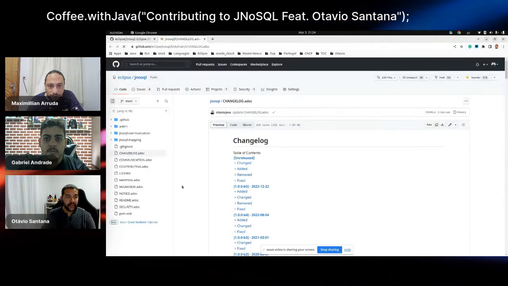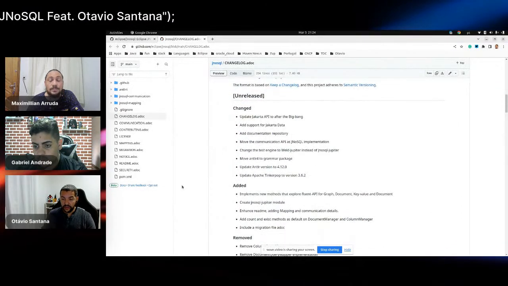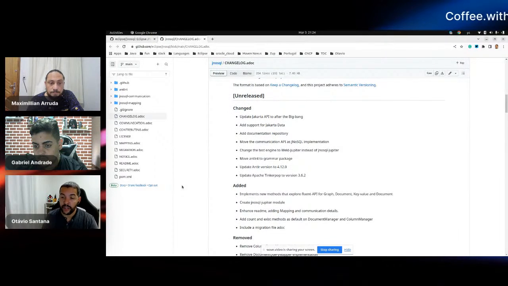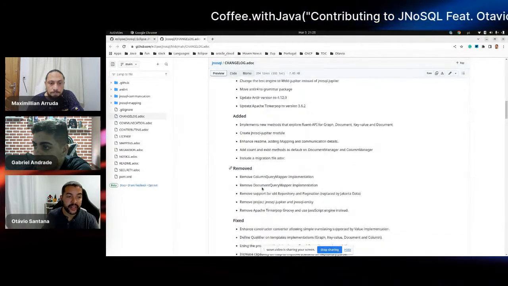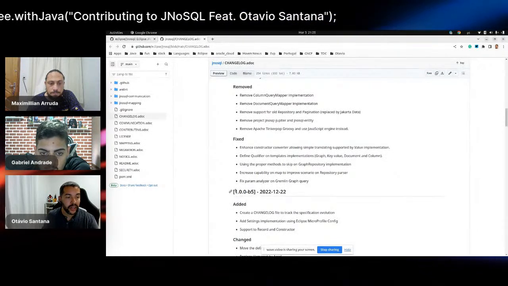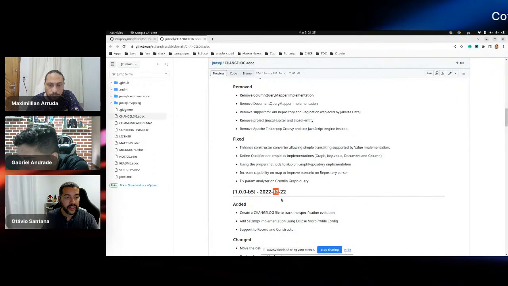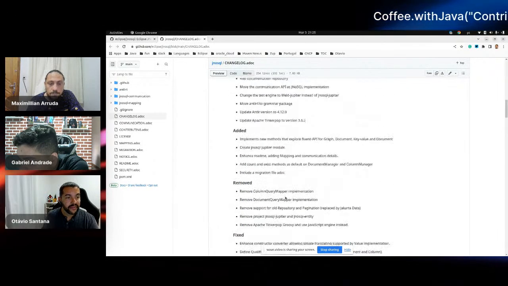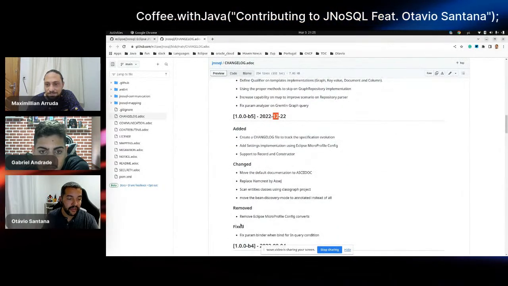The main idea of the change log is to put a trackable version, trackable changes, split by versions, where each version has the type of change. For example, the previous version was 1.0.0-B5 that we released last year, on December 22nd. We had what was added, changed, removed, and fixed.